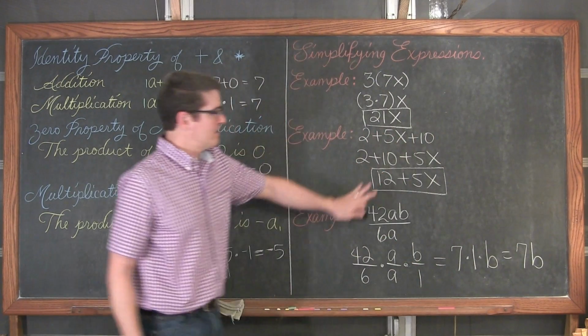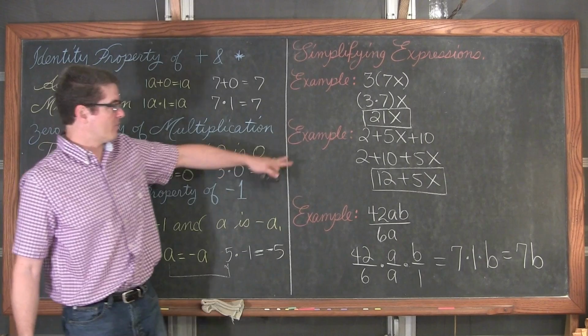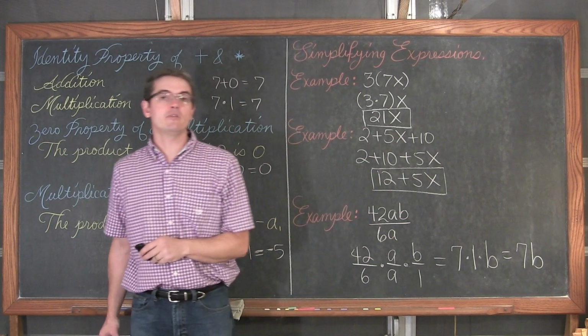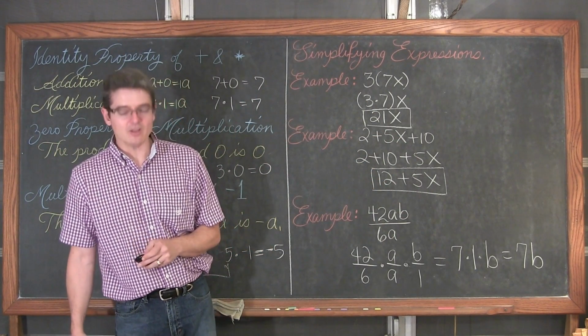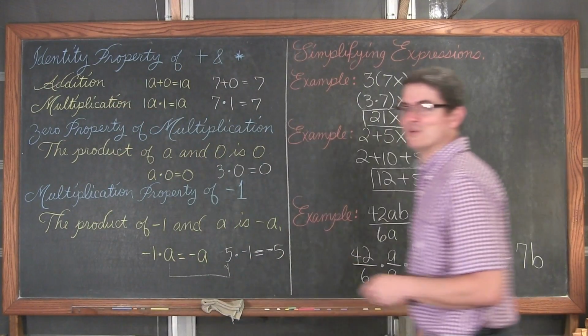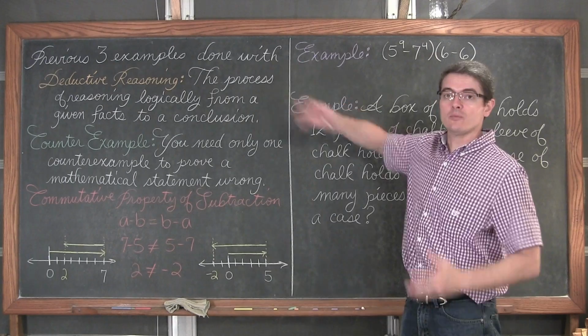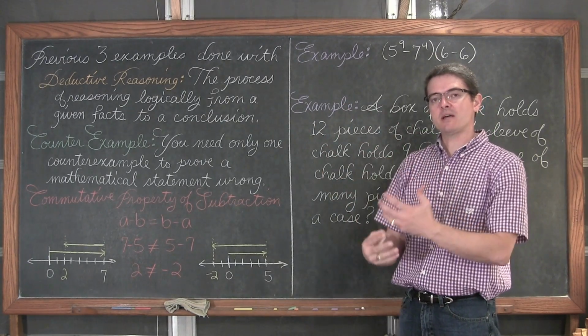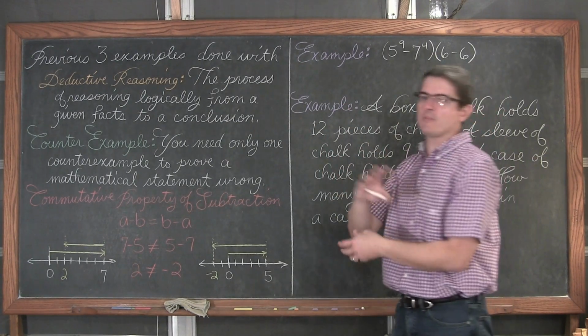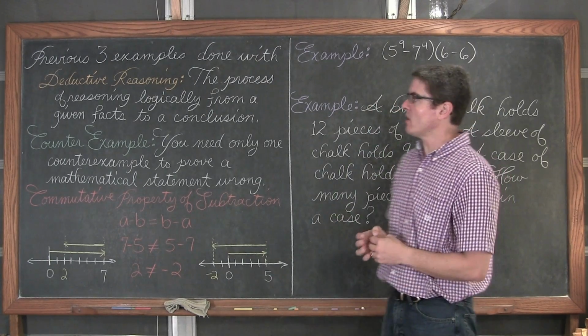I'm going to step out here and write in the properties that I used a little bit to simplify these expressions, and then we'll be moving on to our last, I think it's going to be our last, board of notes. Our previous 3 examples I just worked through, showing them step by step and doing the associative property, the commutative property, and writing a little bit down there where I was going along.